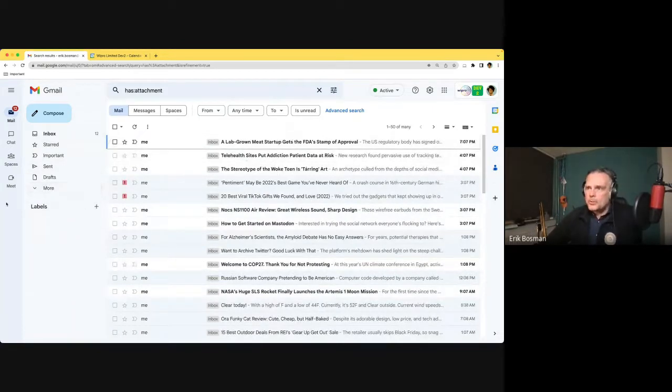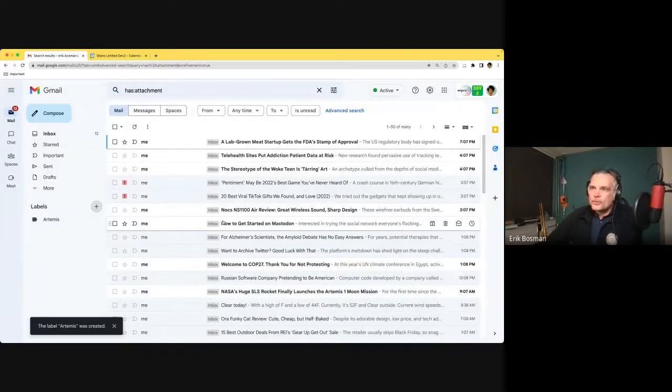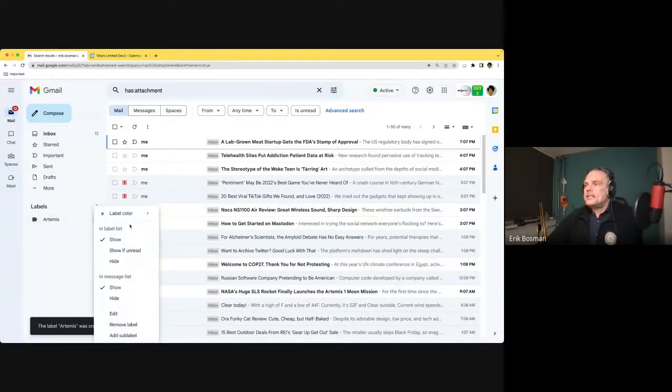So what I'm going to be doing, I'm going to be creating a label here. And I'm going to name the label Artemis. I was quite impressed by the rocket that NASA sent to the moon yesterday. So I thought, you know what, let's make that the theme for this training. And as you can see right now on the left-hand side of the screen, I've created that label. I can give it a